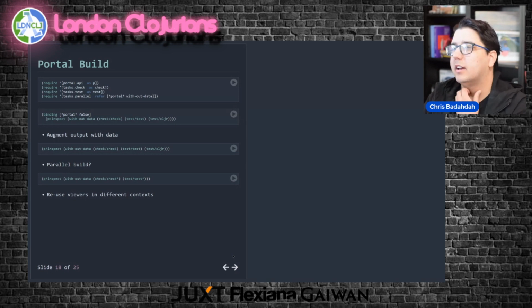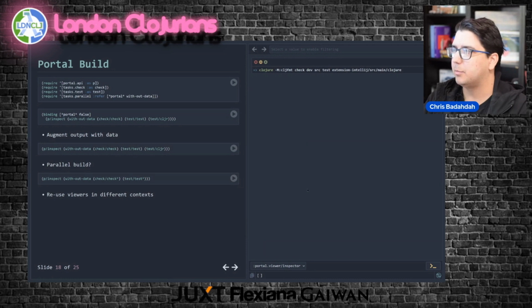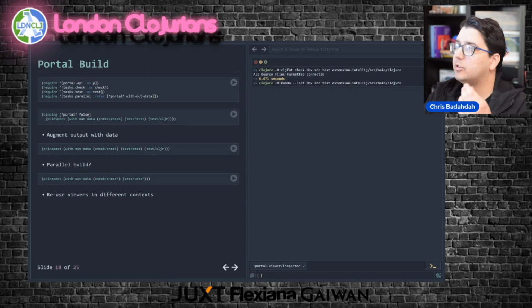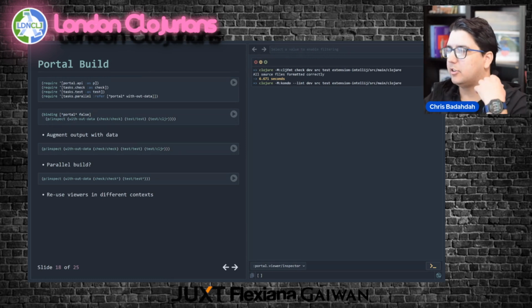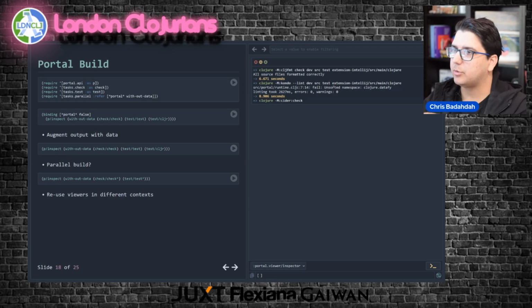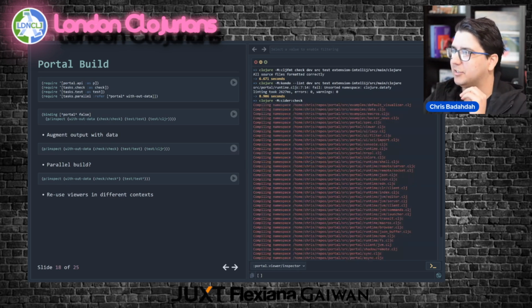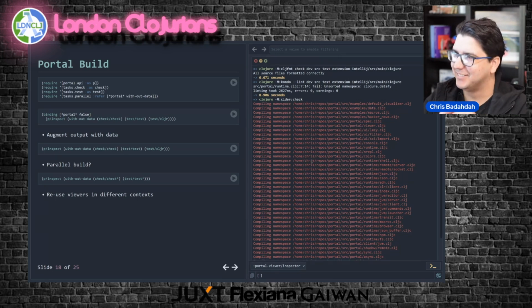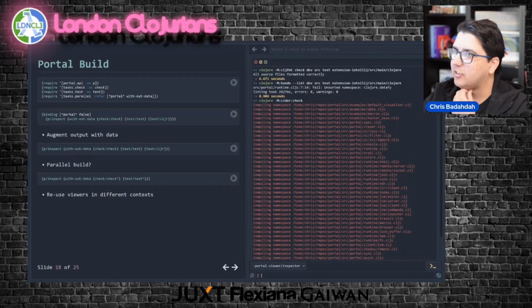Personally, one of the ways I like to use Portal is for the build output for Portal. Let's just run this. I'm going to run the default Portal build, and you'll see it's just standard output. These are things you would see in your GitHub Actions logs, just a bunch of standard output. While that's running, can I run them concurrently? I should probably wait until this is done. I don't know if I could run two builds at the same time. But you can see it's just dumping stuff to standard output.